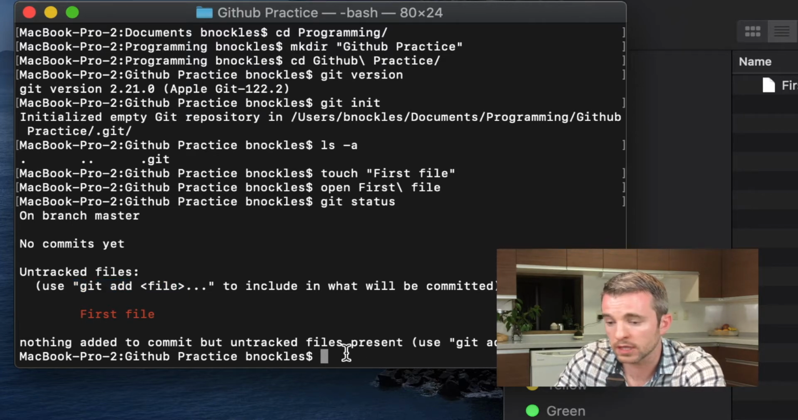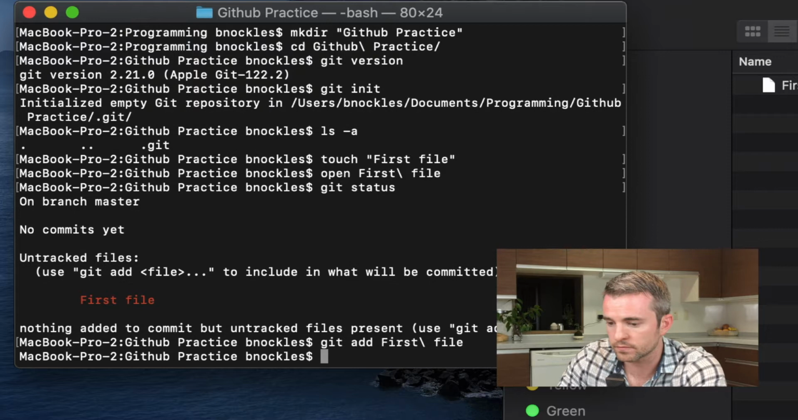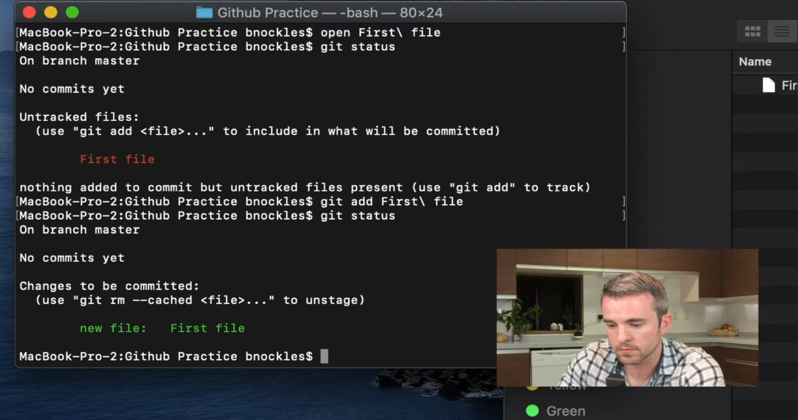So let's do that now. git add first file. And now I'll type git status again. I have no commits yet, but I do have changes that can be committed. So finally, let's commit those changes. We'll type git